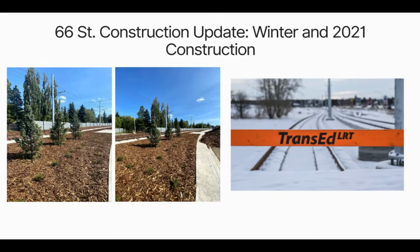As I just described, it's not always possible, but certainly when we have to close a lane, we try our best to get in and get out as quickly as we can, with constraints like weather, of course, that make that difficult at times. So we're making sure that what happens over the winter is all of the lanes open up again. We don't want to be stuck in a situation where we've closed lanes and are impacting traffic flows for the duration of the winter. So you can expect us to work hard over the next few weeks and have lanes reopen by the time